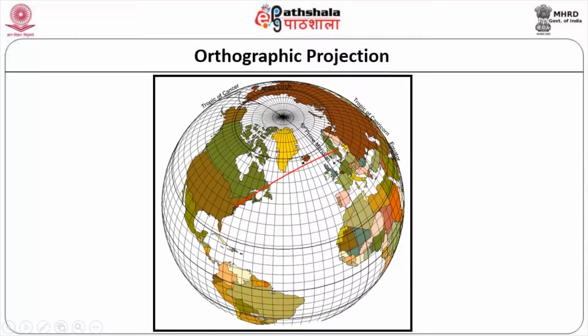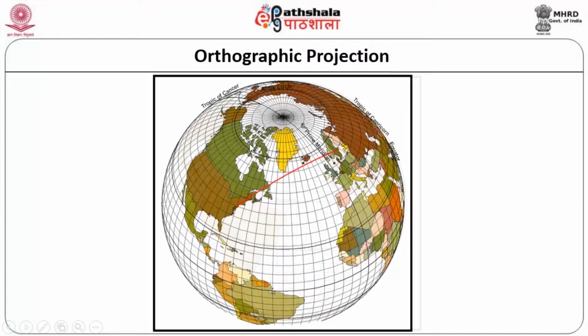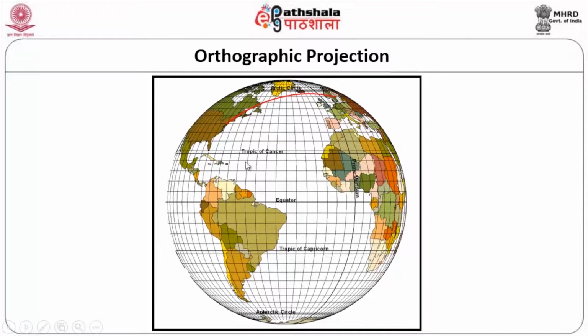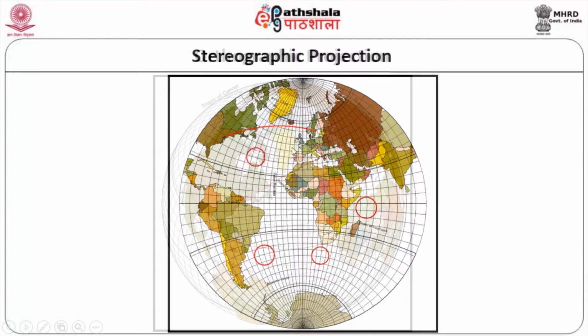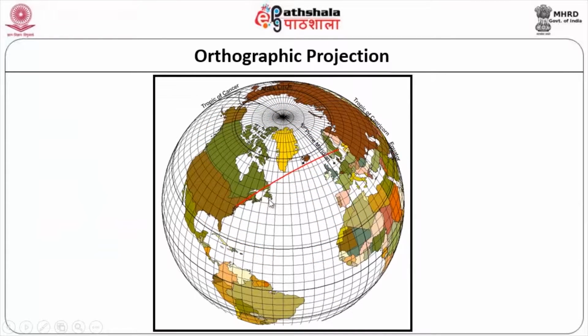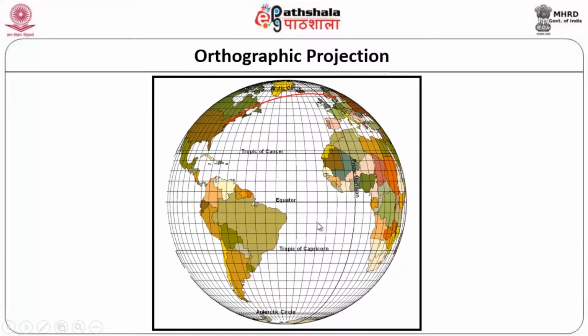In fact, most aeroplanes tend to use this analogy, and they use the orthographic projection for their voyage from one place to another. So this is how it will be, orthographic projection. This is one part of the earth and this is the other part of the earth. Area of coverage is less; you can see not much area is covered, whereas in the previous cases a lot of area is covered. In stereographic, almost the entire earth is shown here, but in the case of orthographic it is much lesser. Orthographic projection, area of coverage is relatively lesser.